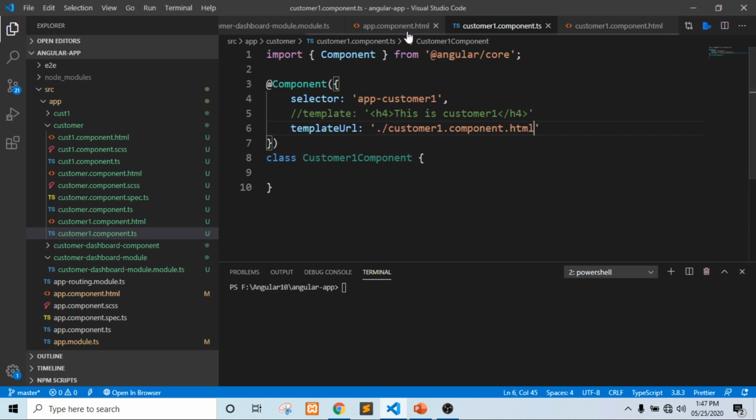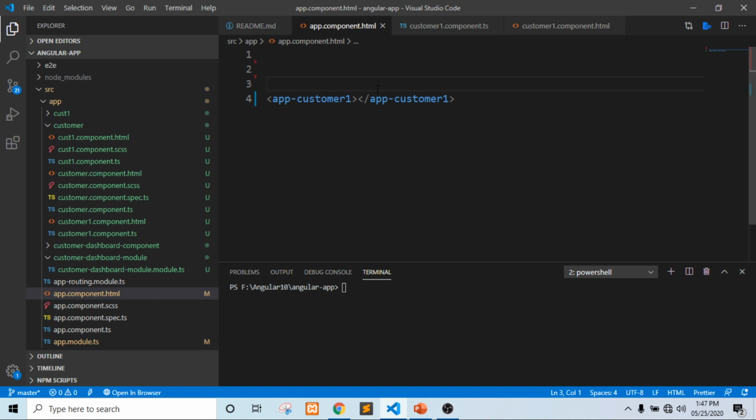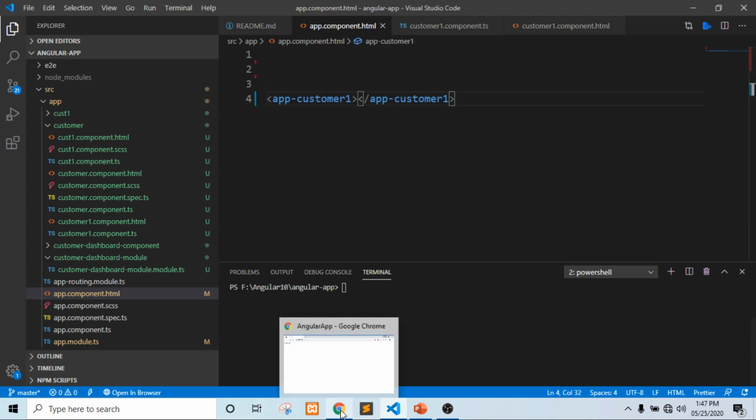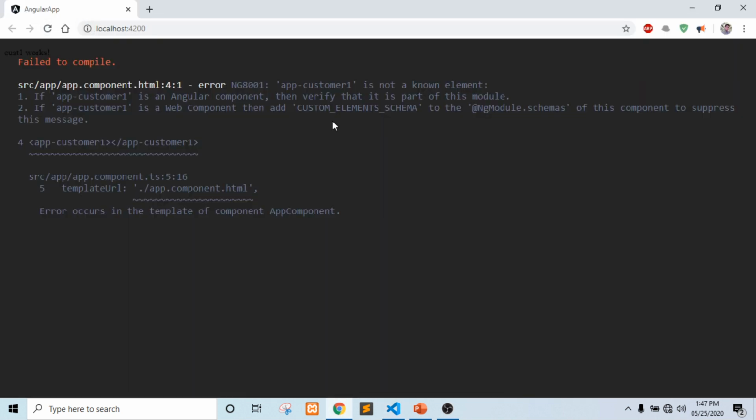And I have already rendered this selector, app customer one. So we can see if our application is running here. Okay, we can see one error here: app-customer-one is not an element.